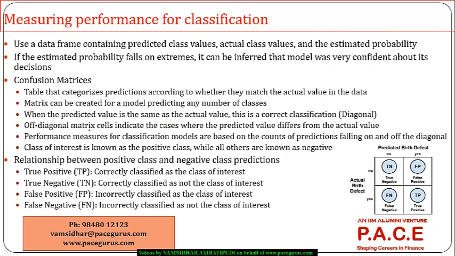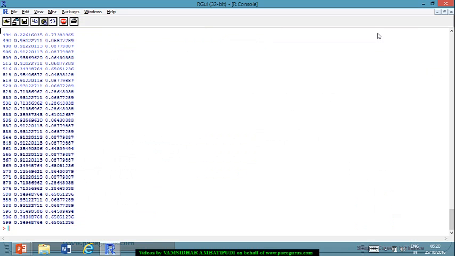So the first thing, when we are measuring the performance for classification, is to use a data frame containing the predicted class. So I require a data frame which contains the predicted class values, the actual class values, and the estimated probability. So I'll have a quick data frame which will have the predicted class values and the actual class values. Predicted class values are coming out from the prediction, actual class values, and even the estimated probability of at least one of them. So let me call it DF,